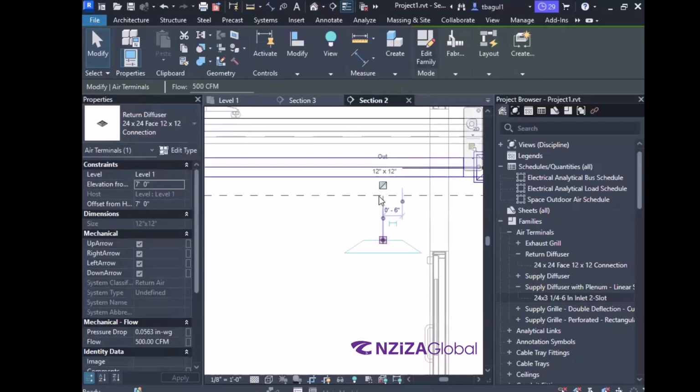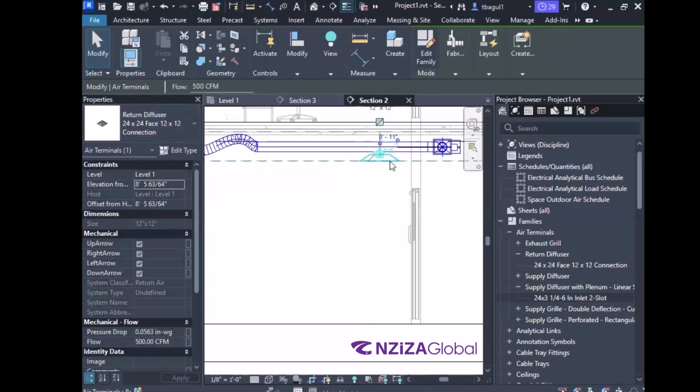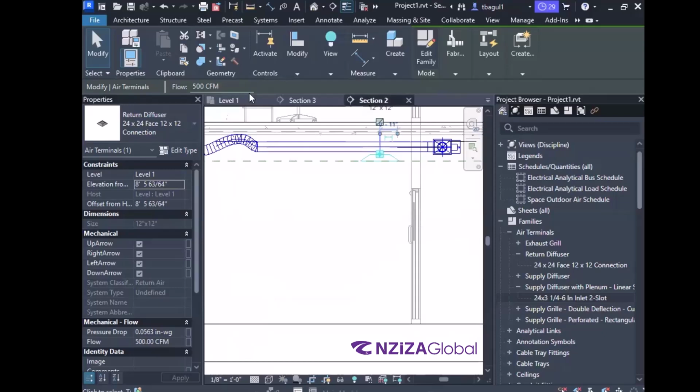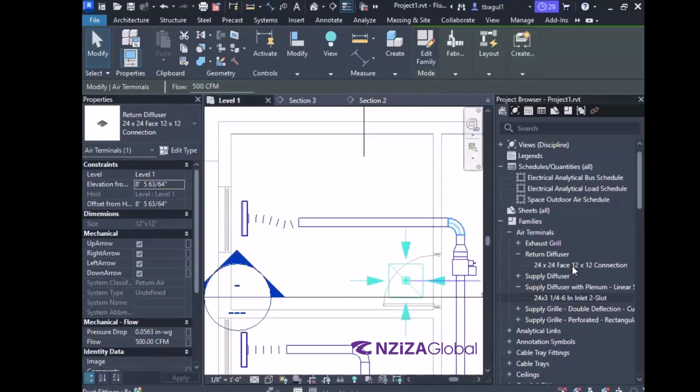Or we'll do one thing, we'll try to get it in level with the ceiling itself, since we are simulating a ceiling. Now the bottom face of this ceiling is 8 feet 6 inches above the finished floor. Let's go back to our floor plan. Is everyone with me till now? We went to the section. Initially, when we dragged and dropped this return